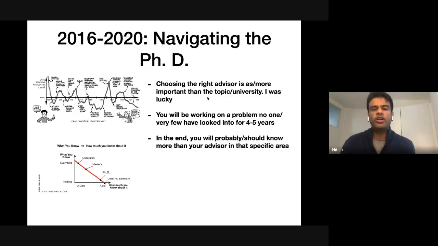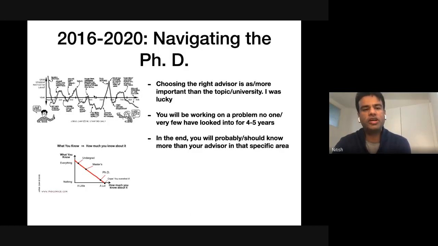thing, because you are doing something in unfamiliar territory, and you need the right mentor that can guide you through the journey. You need someone that has been through it and can relate to you and can always support you whenever you feel down. And there are a lot of cases during your PhD where you might not feel the best. There's a very interesting comic called PhD Comics, and they have some really nice things on life as a PhD, and you can really see a lot of things that you can relate to if you're doing a PhD. So it involves a lot of ups and downs, and you should be ready before